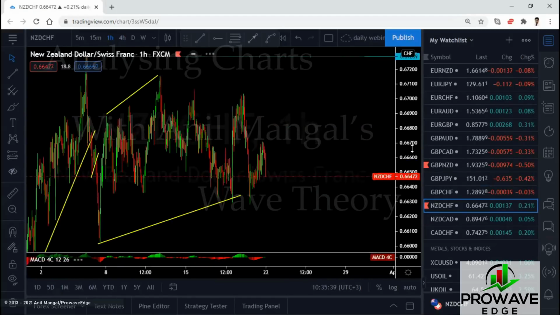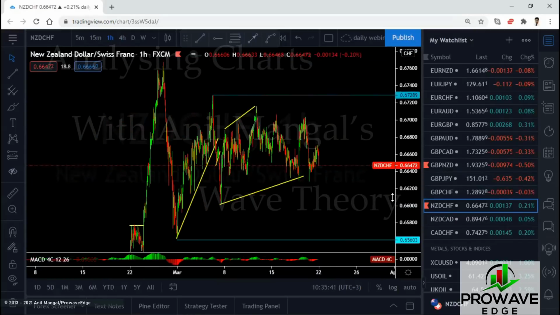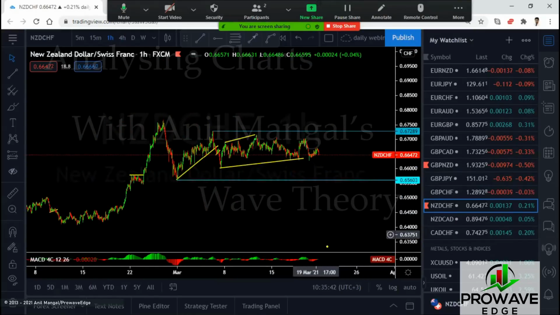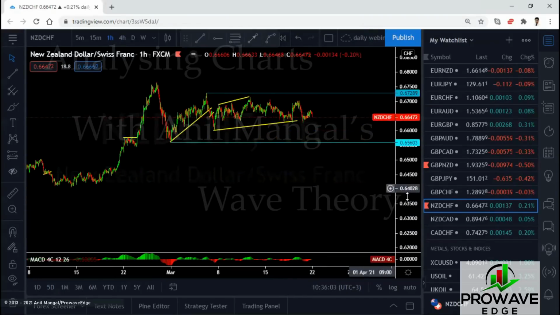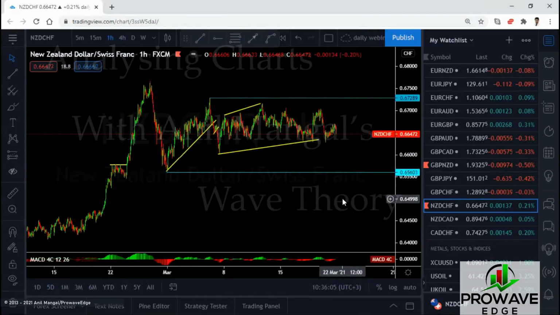So New Zealand Swiss, same thing. See, we're consolidating in this thing here, sideways. We did this, we did that. There's a sell setup here though. This might be a better one. You can watch it to tag this low, right? Or it might just break this low, go back up there, and then come down. There's a big flat forming here. So you can ignore the middle of it, which is difficult sometimes. You get the trade and then they don't go, right?